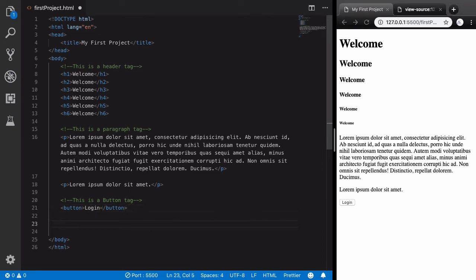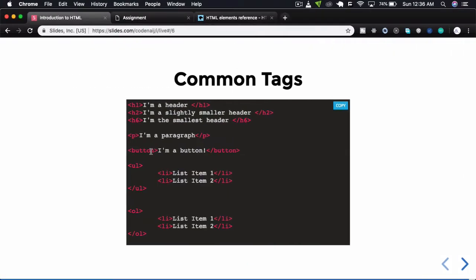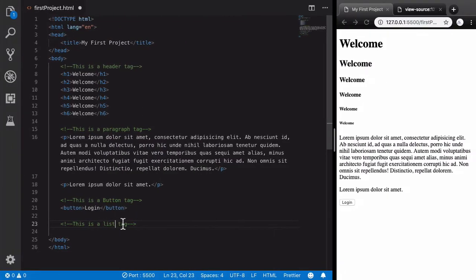The next one is the list tag. There are two types of lists. We have UL and OL. UL stands for unordered list, while OL stands for ordered list. And the LI you see inside them is known as the list items. I will start with the first one, the UL,